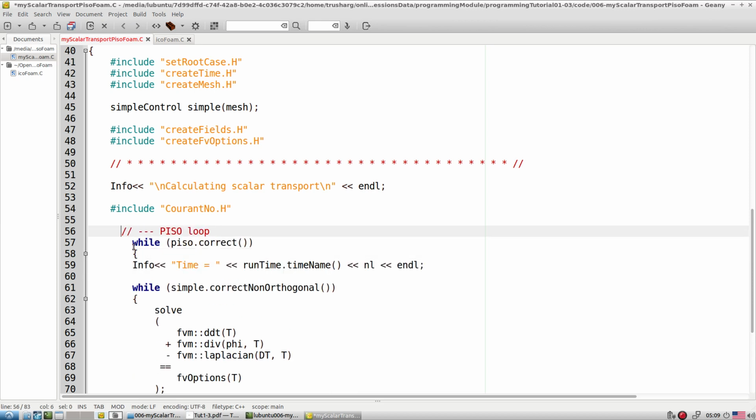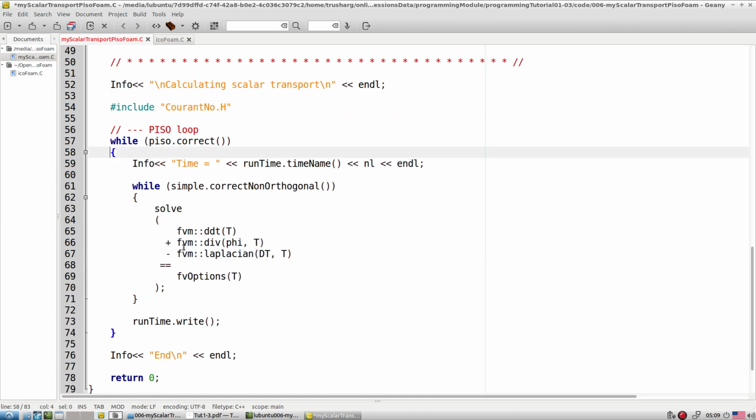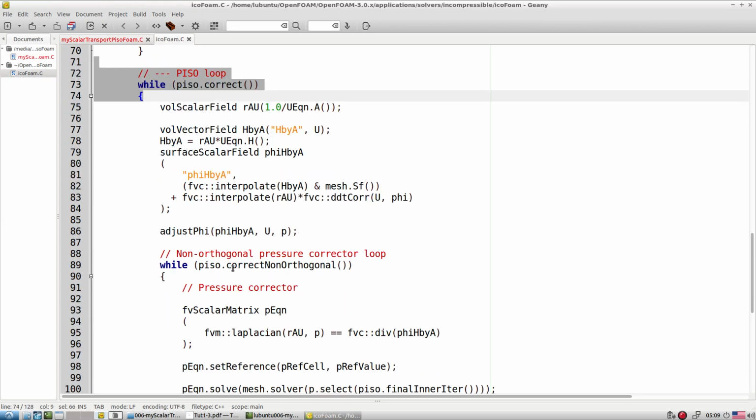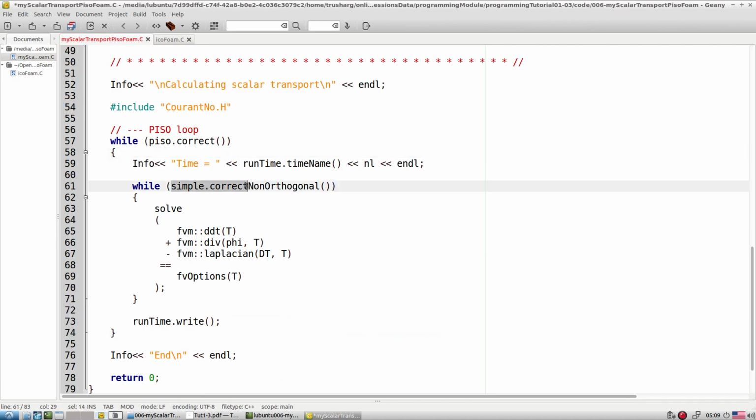I want this line here. We say it is based on the PISO corrector, and inside of that we are supposed to have the PISO non-orthogonal corrector. That is exactly the same thing, so that is what we change here.